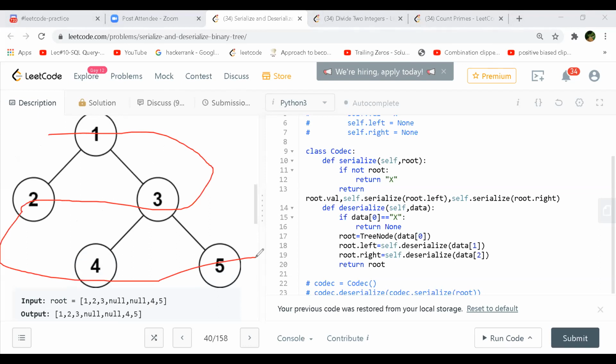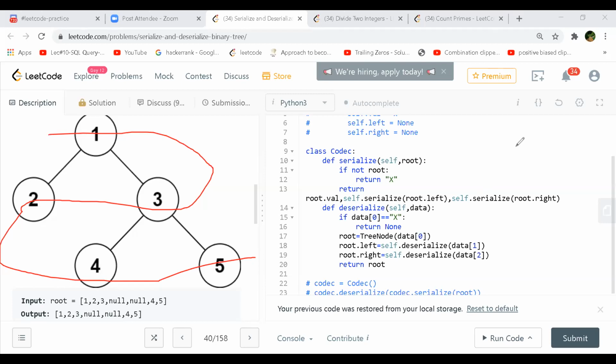So we can do that also, right? No, we can't, because the output has to be 2, 3, no? No, that's what we are deciding based on the output. But if we traverse in this way also, it will be the same traversal, only the nulls will be different. The nulls will come at a later point. Do we need to follow that output format, or is it just one of the ways to serialize it? We can do any form, right?